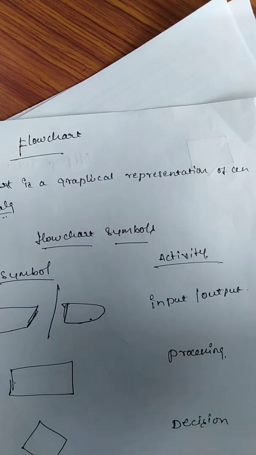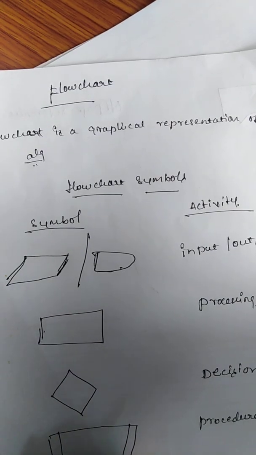What is a flowchart? A flowchart is a graphical representation of an algorithm. Drawing the flowchart for the algorithm is known as flowcharting. Program planning tools or symbols we use to make the flowchart and to flow the information. What are the symbols we can use in a flowchart?